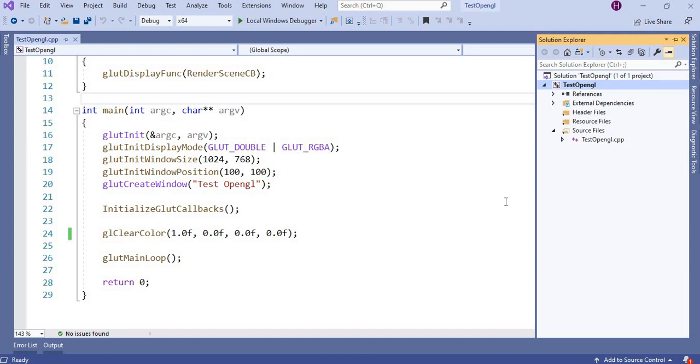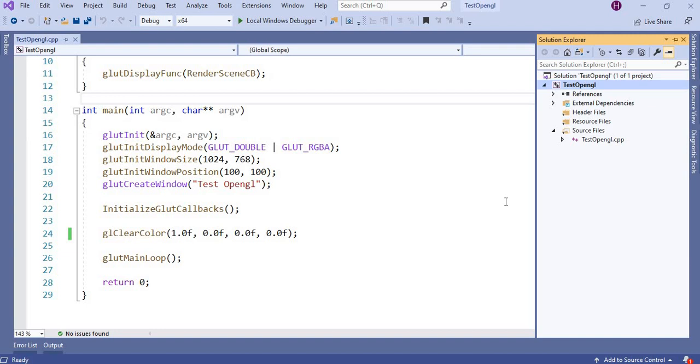Okay, do the same thing for GLEW. I hope you will understand how to configure OpenGL using freeglut or GLEW in your system. Then wait for my next video where we are going to explore the freeglut, GLEW, and OpenGL pipeline and lighting effect, ambient light, diffuse light, specular light.